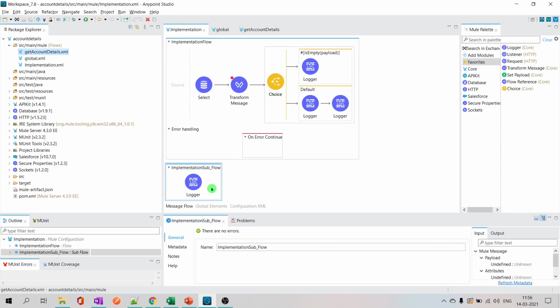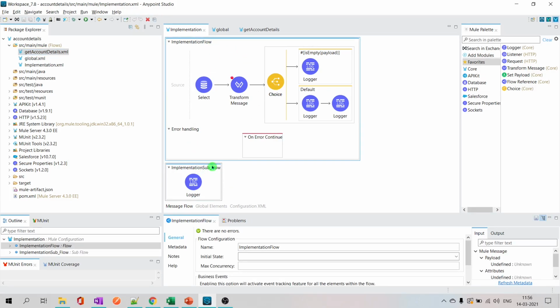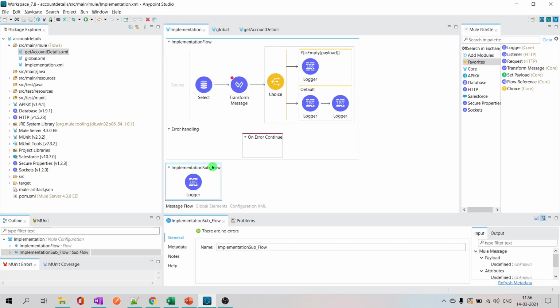Since we are here, I'll also explain another debate we always have among developers. When should you use a flow, and when should you use a subflow, right? There is a difference here. The question is when to use one of these. For this, we should go back to fundamentals.